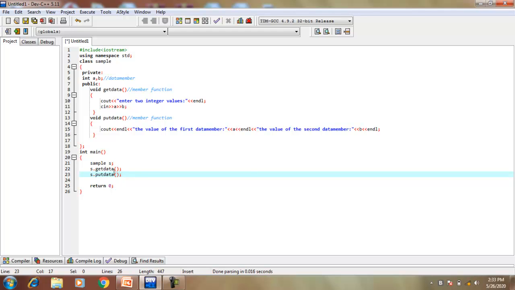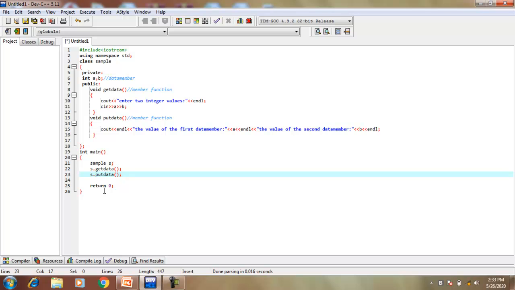When we call these functions, we can put the values of the data members of the class Sample, and those values are stored in the data members. This stored value is displayed with the help of the display function. That means we pass some message to the class through the object.